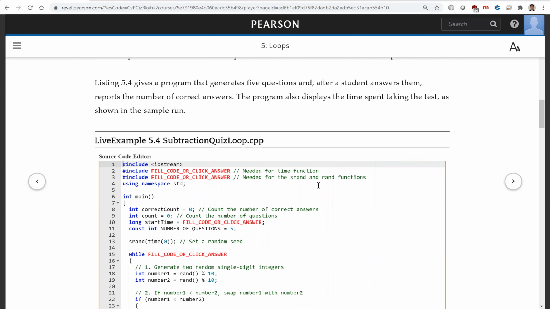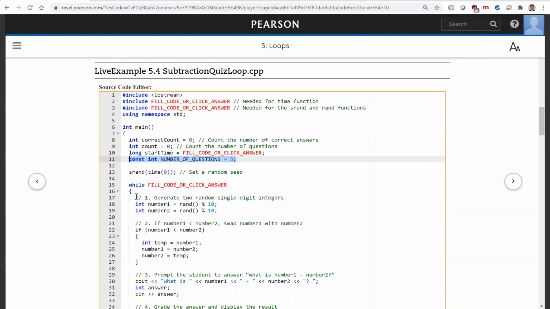We are going to add additional code here. We're going to let the user take, let's say, 5 questions. So the number of questions is 5. And we're going to measure the time, how many seconds are used for taking these 5 quizzes. And also we give the user feedback on whether the quiz answer is correct or incorrect. So for all of this, we're going to write this program,